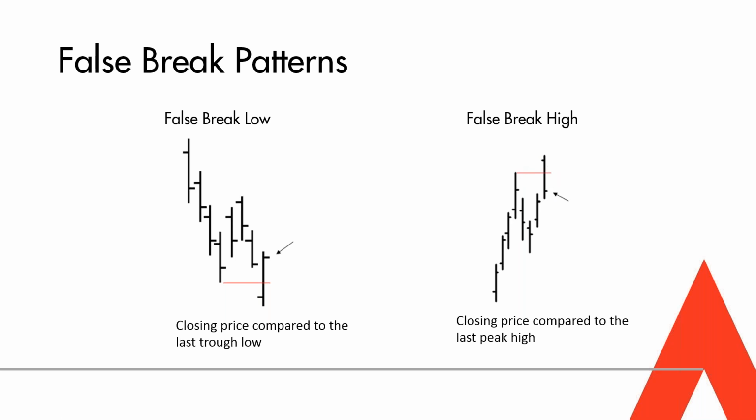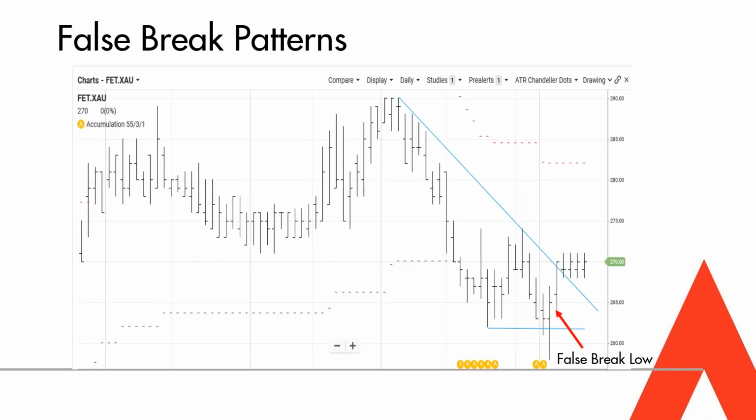And that suggests further downward movement from this level. All right, so there's an example of a false break low on an actual chart. So it's been going down. We've got this little trough low or V low that's happened on the way down. That little counter rally starts to fail. It begins to